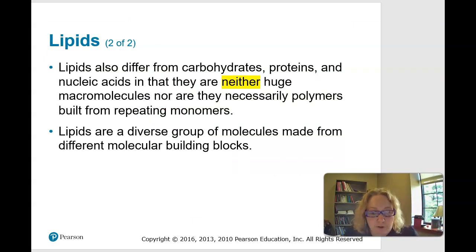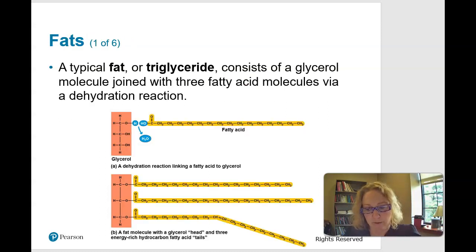Lipids also differ from carbohydrates, proteins, and nucleic acids in that they are neither huge macromolecules, nor are they necessarily polymers built from repeating monomers. So they look a little bit different. Lipids are sort of a diverse group of molecules made from their own little thing. This is what a fat or lipid looks like. A typical fat or